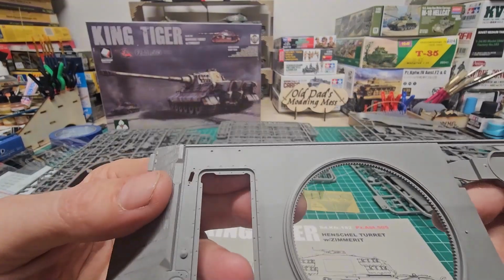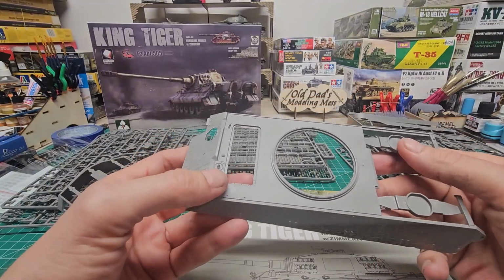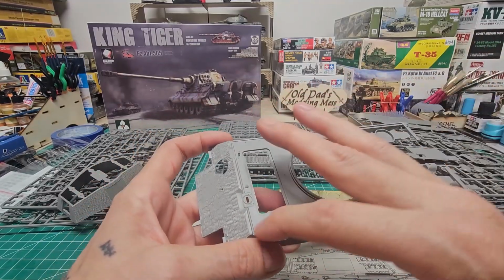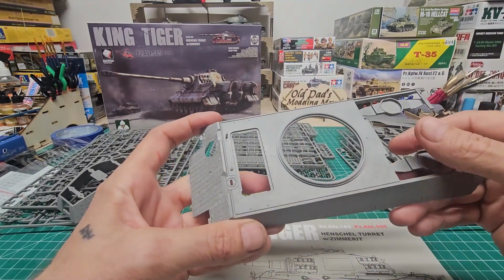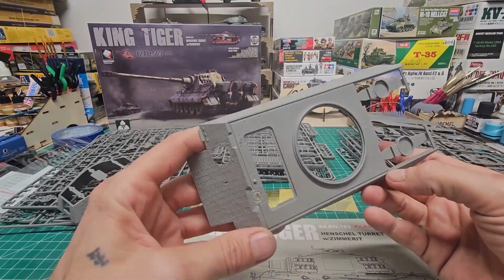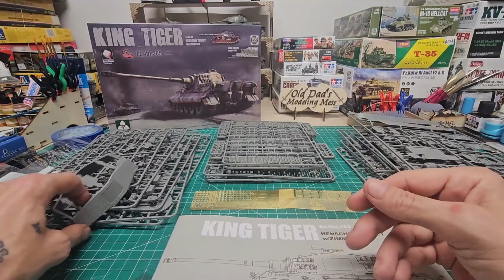The weld seams, those are going to get redone because again, they're there. They're not very pronounced, but that groove is deep enough. I really won't even have to hollow that out or use my chisel to clean it out. I'll just go right in over that. So there's that. And then the turret,